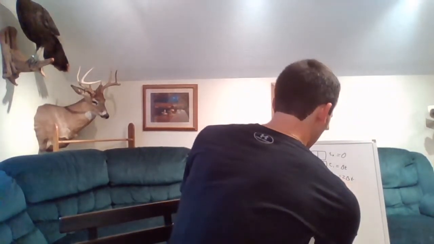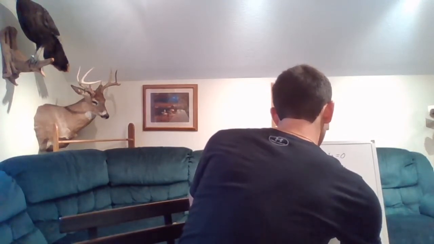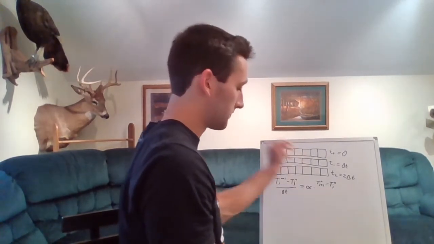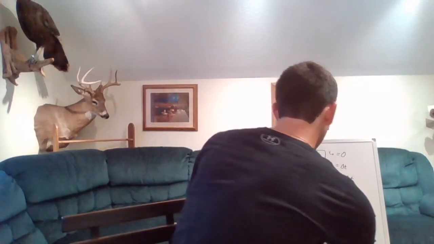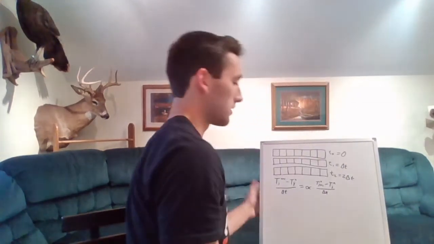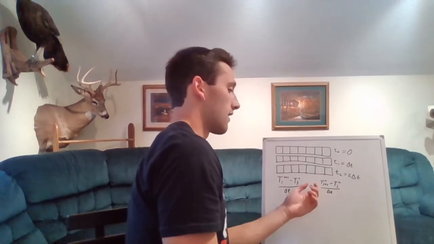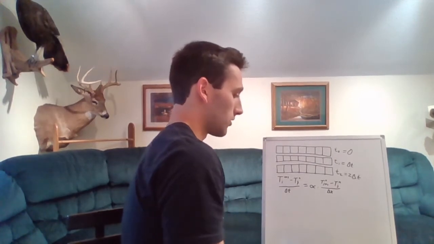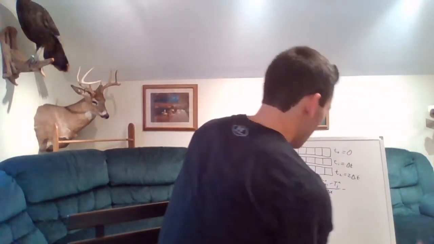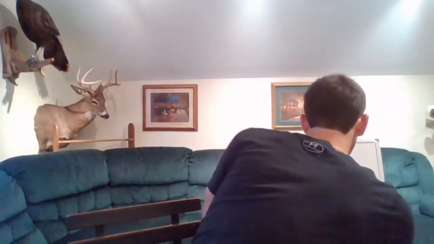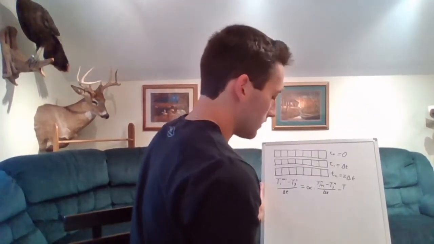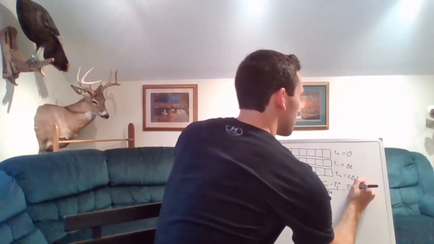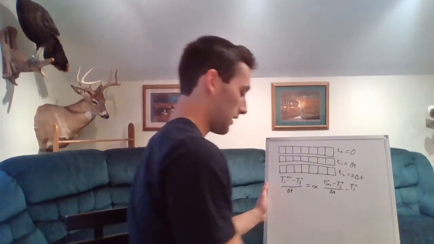And we're going to have that minus the current temperature of the current position, current time. We are going to have that over delta X, because if you remember from the previous equation, we had it over delta X. So then the next portion, I hope I do not run out of room, but we are going to have the temperature at the current position and time, and we are going to have that